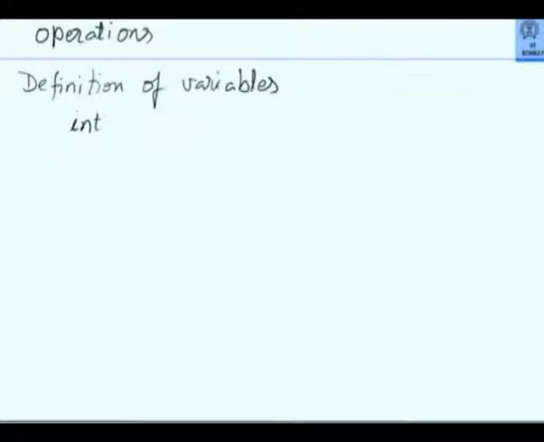We may say int m, comma n, comma p. This is one way of defining. So you write the keyword int followed by the names of the variables that you have. Each one gets allocated memory of 4 bytes.